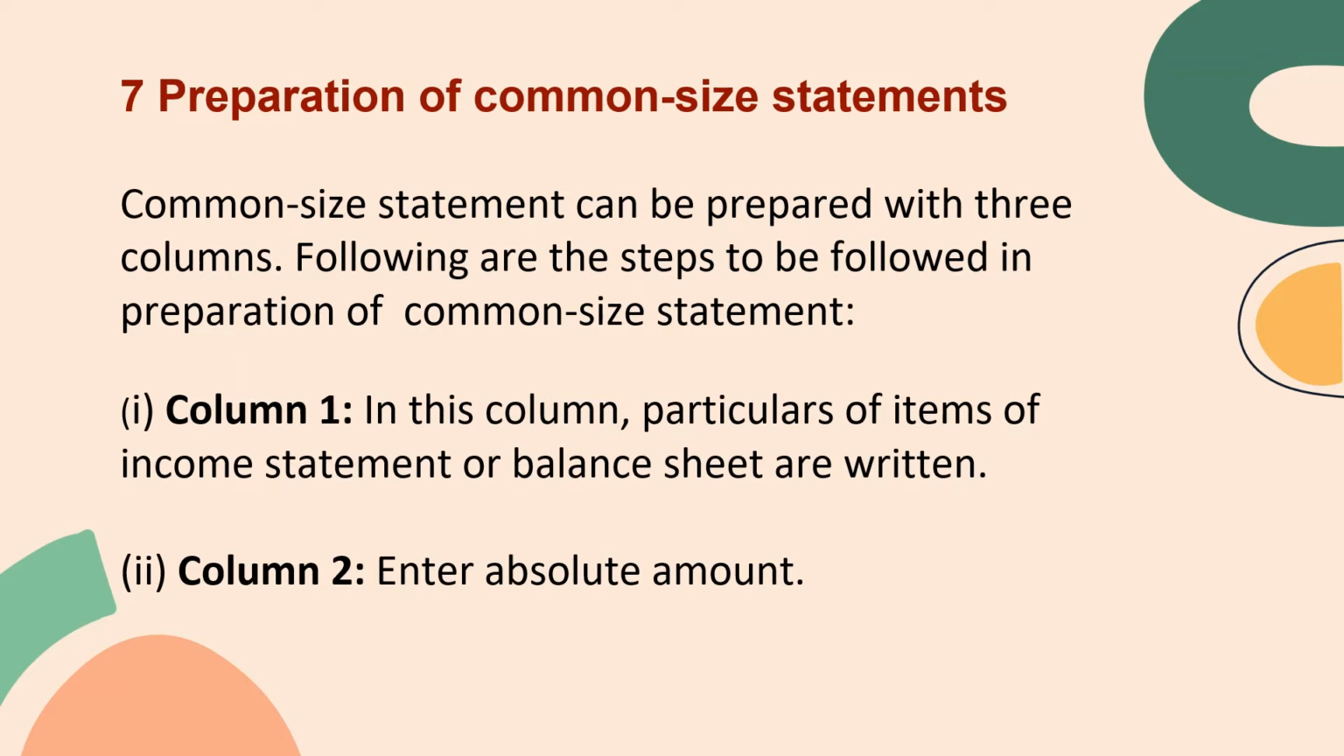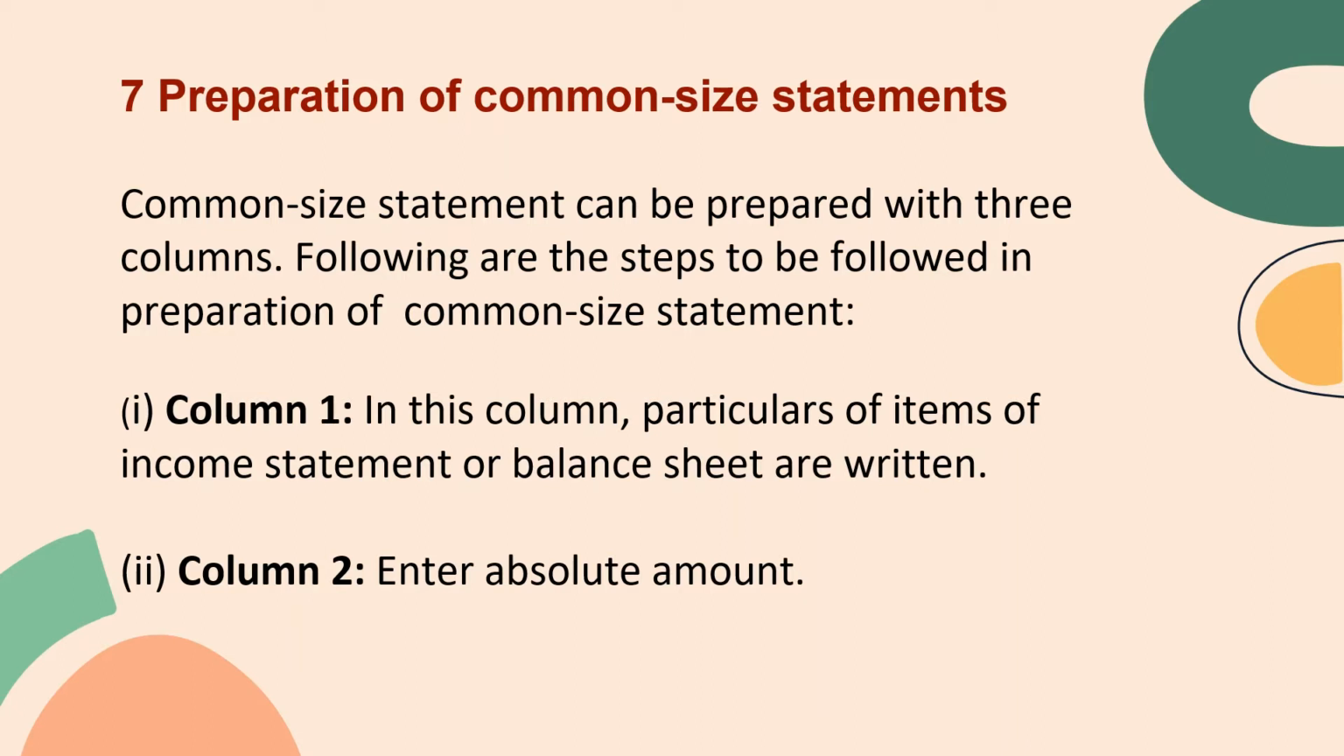Next is preparation of common size statement. This is also one of the short answer questions, so you must learn this answer. See here, there are 3 columns for common size statement. So there are 3 steps. First one is in column 1, we enter the particulars of items of income statement or balance sheet,